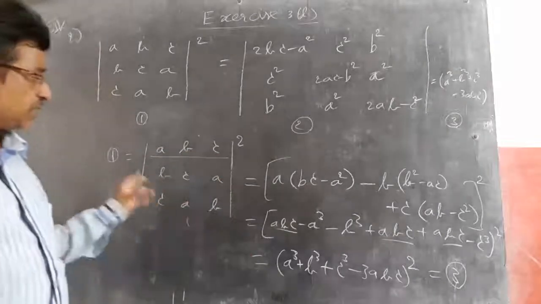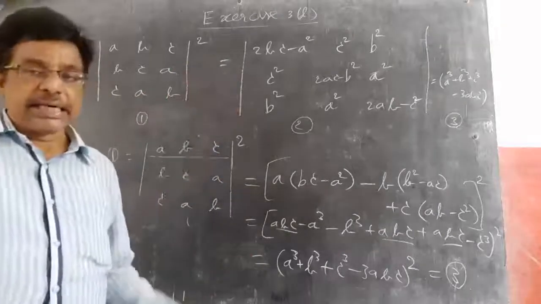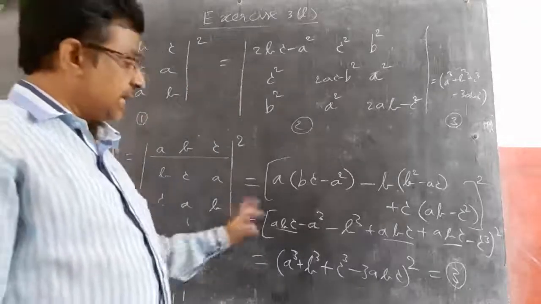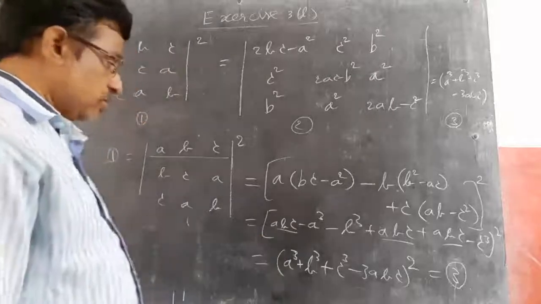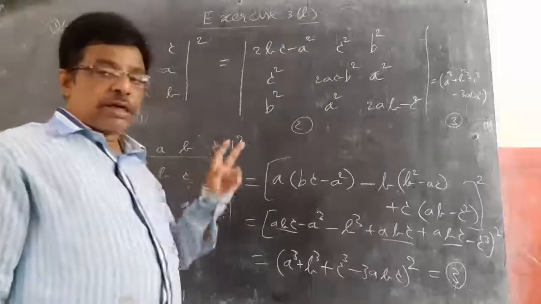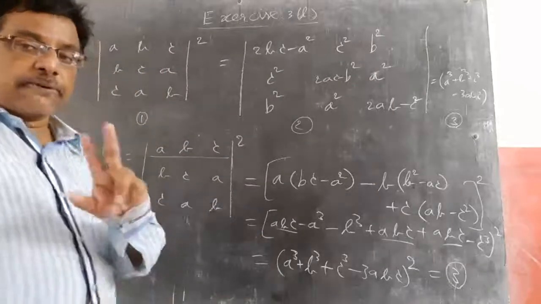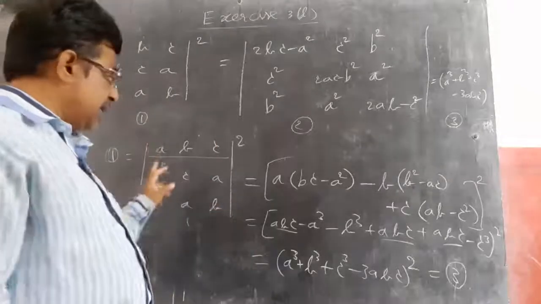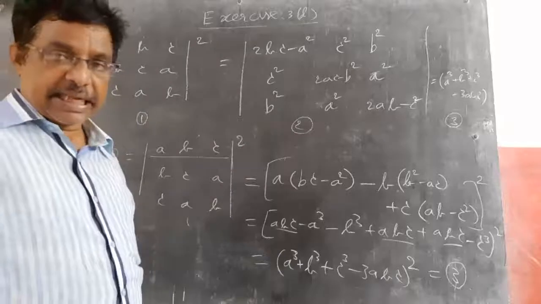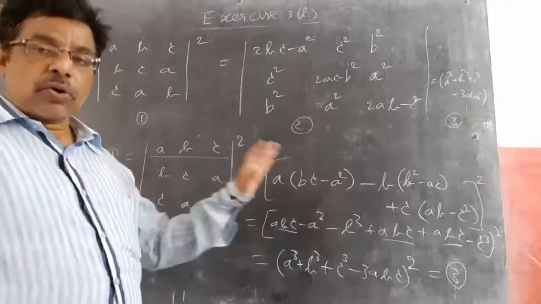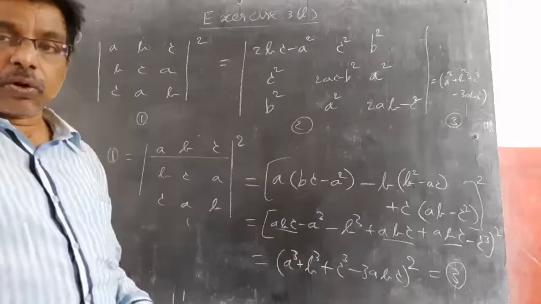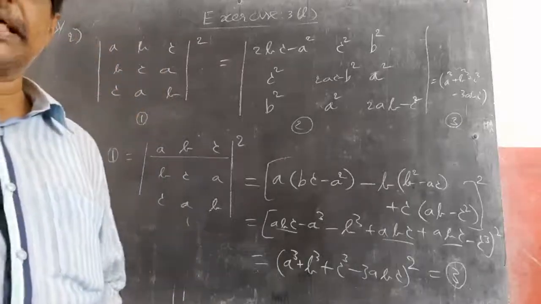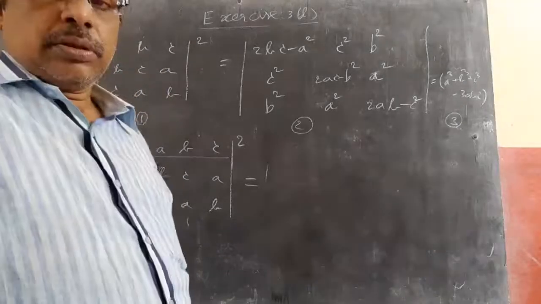Now how to get the first part equal to the second part? That is the task now. This is a product of two determinants. The product of two determinants we can do in two ways, I told: one is the direct matrix multiplication method, the other is the row with row operation. We can do it in either of the two methods. We will do that now.